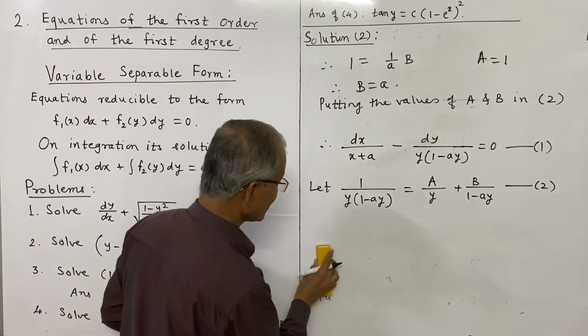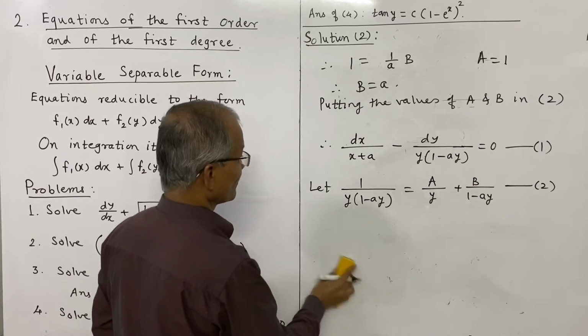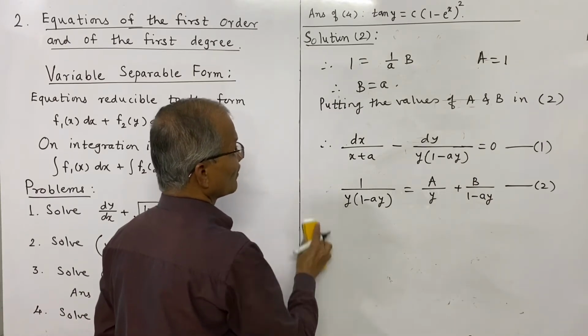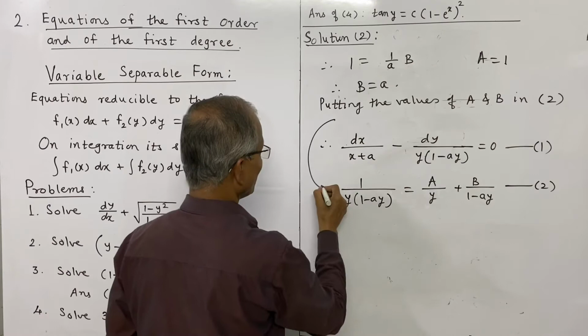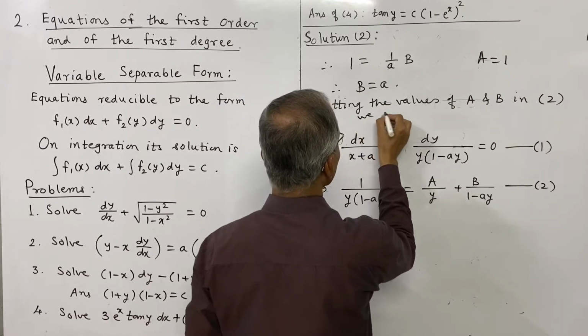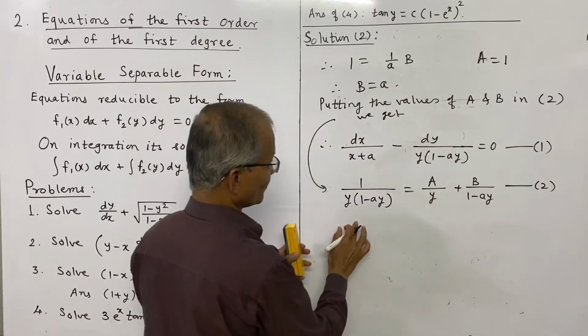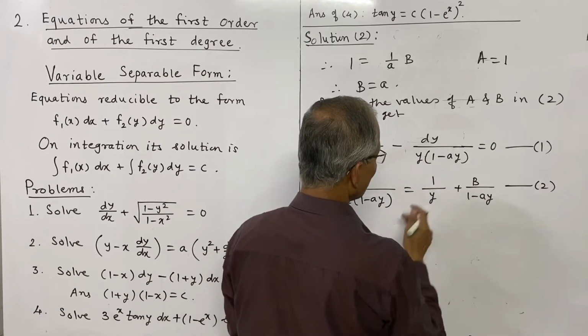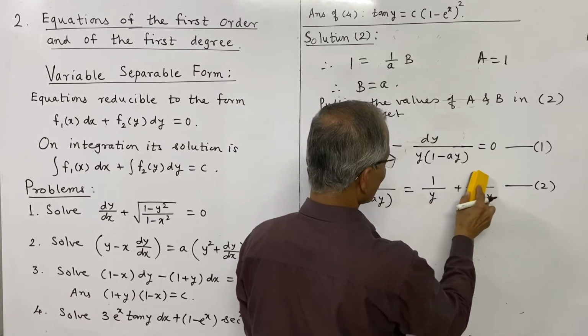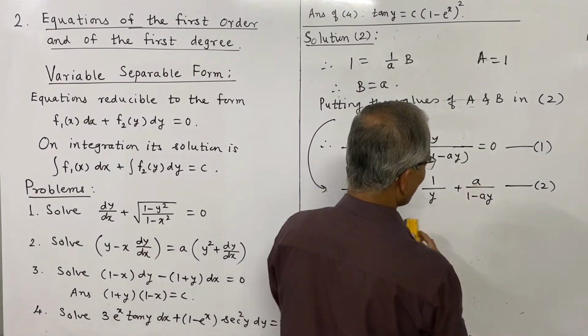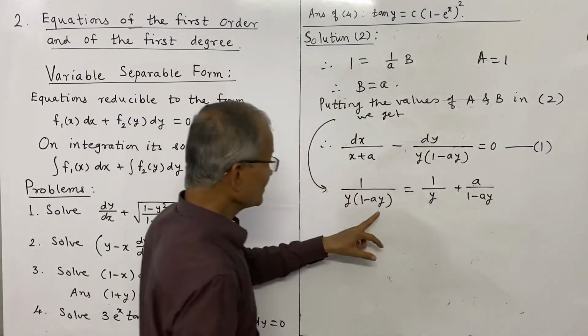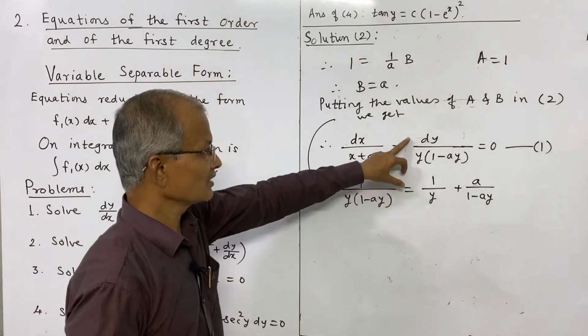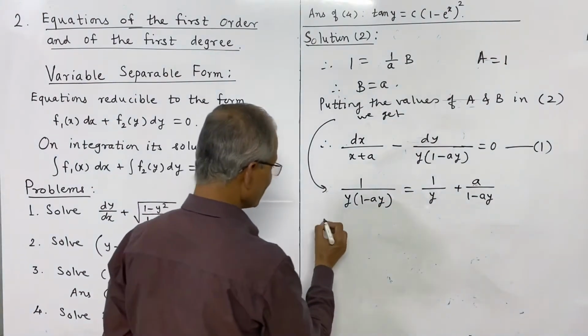and thus second becomes, into, we get, see, this is 2, a is 1 and b is a. So this we have obtained. Now put this expression in 1, so that is here, and putting this in 1,